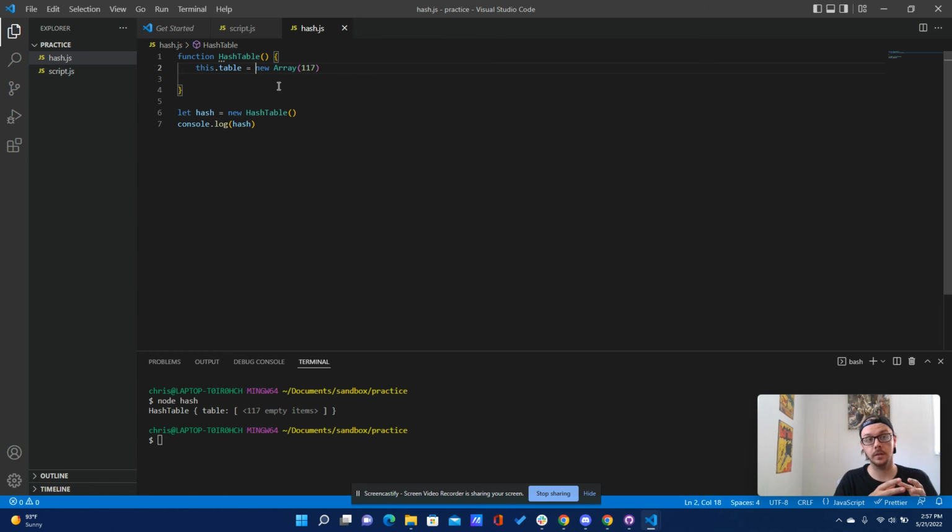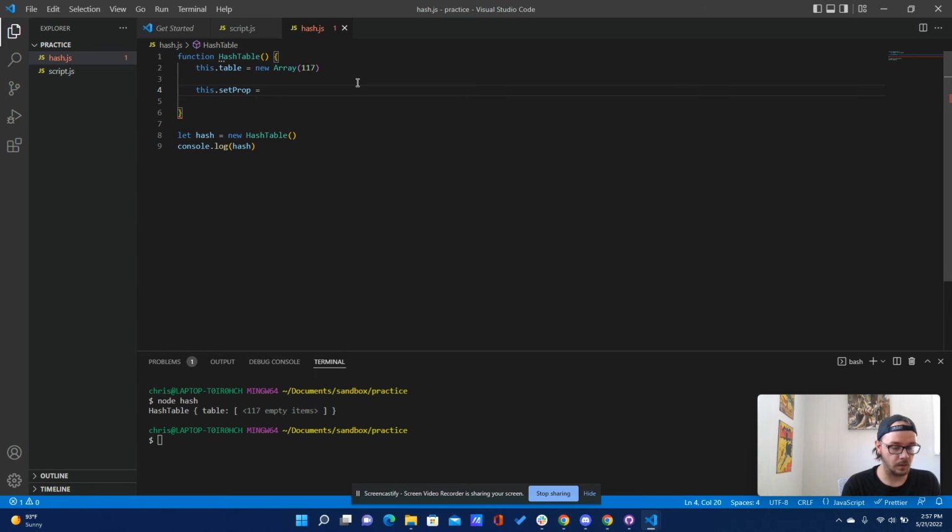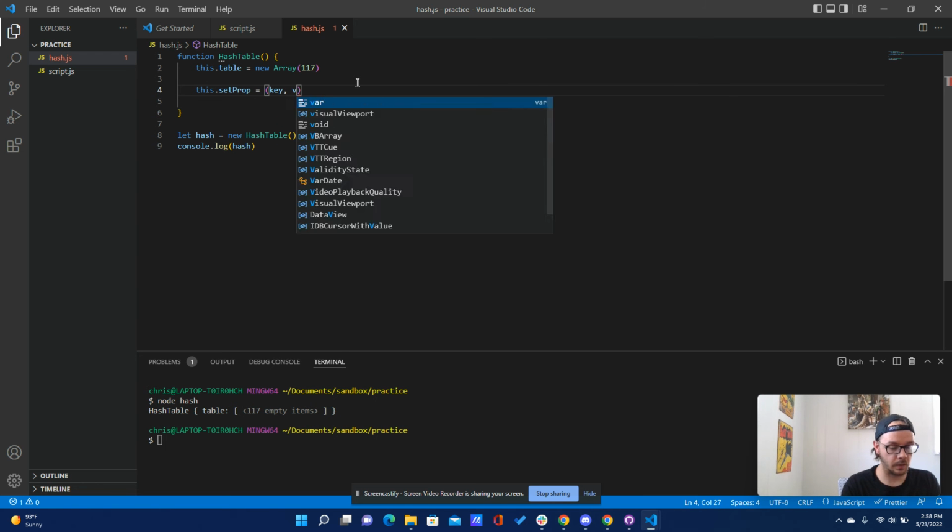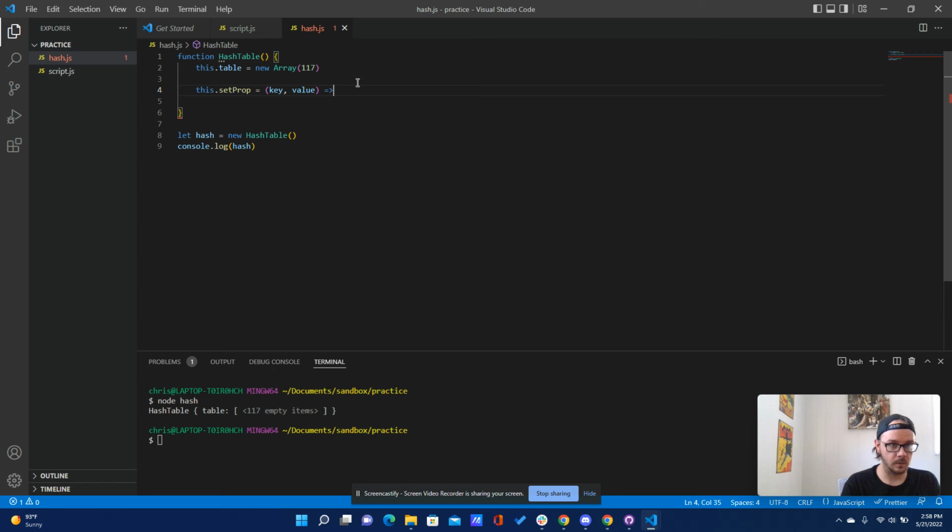Where they're going to go in this table, or this array, is not going to be just putting things in slot 1, putting things in slot 2, etc. So we need to have a way to set the prop, that's going to take in a key and a value, and that is going to